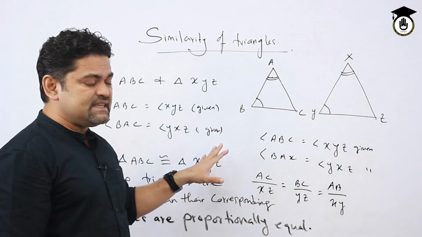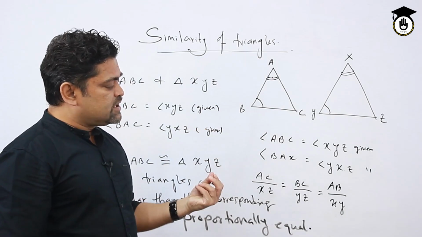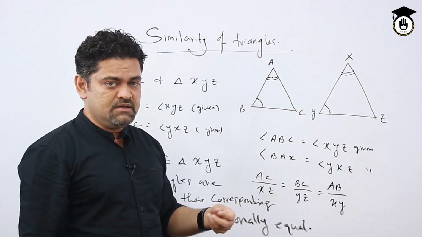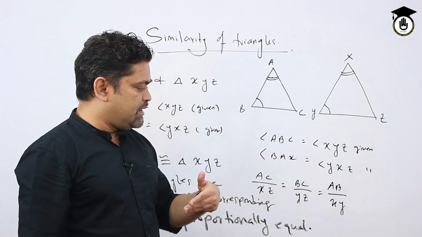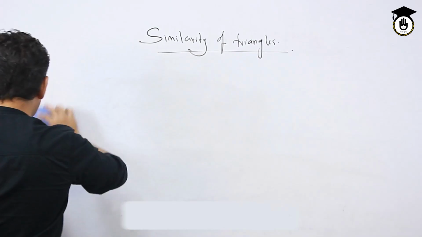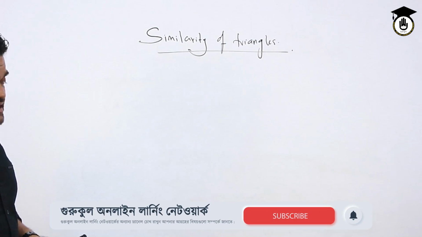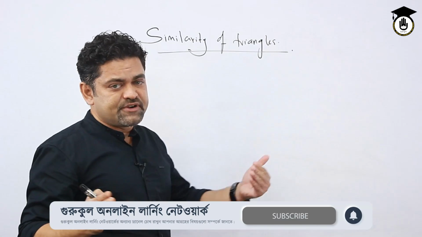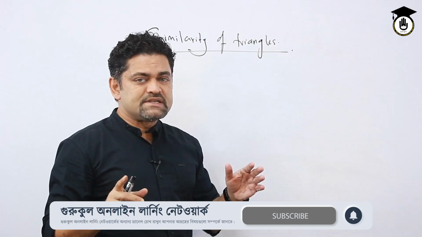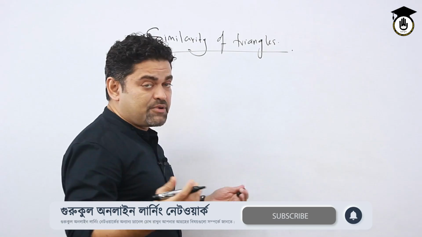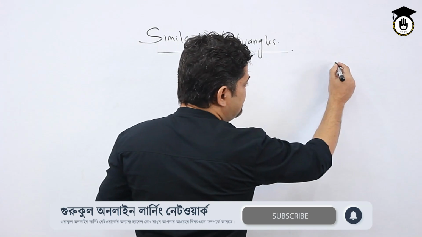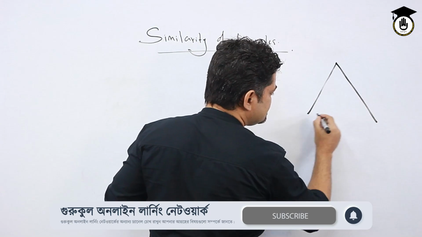So if we understand this, then we are able to solve many problems which come in the next sum. Okay, so you see that in the problem I discussed with you first, two angles were given, but you might get a problem like this. Okay, so if we consider a triangle like this,